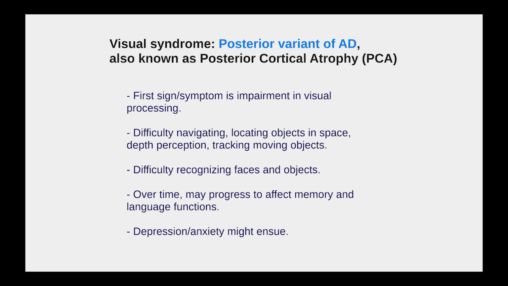Over time, the disease may progress to include memory problems, and then it can later start to look the same as the amnestic form of Alzheimer's disease. But most of the time in the first 2 or 3 years, it's primarily a visual problem for these patients. These patients are the least likely to not have insight into their disease, which means out of all the people with Alzheimer's disease, they are the ones that recognize the most that there is a problem going on and that they are unable to manage their space.